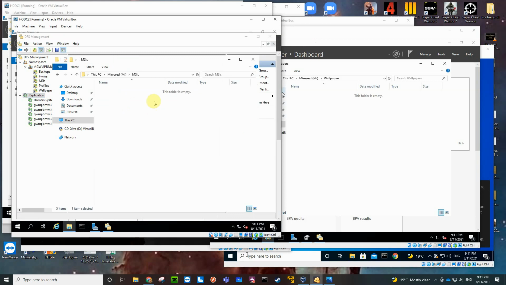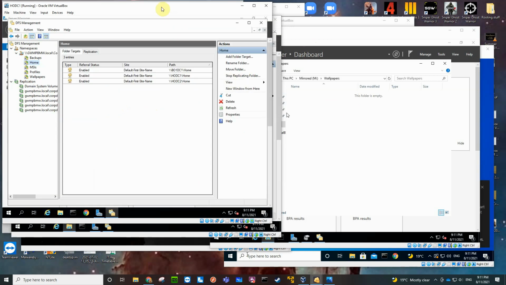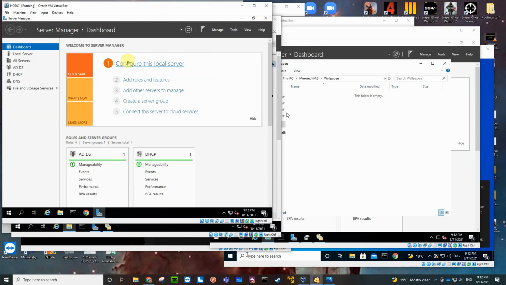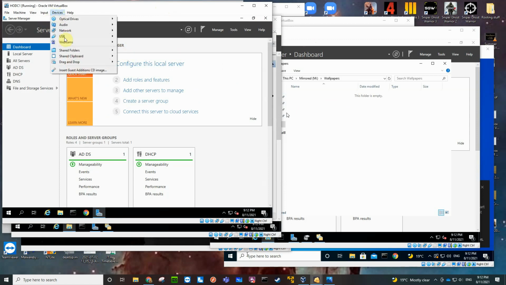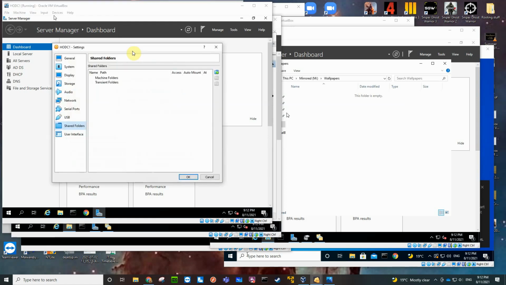Okay, so we'll have the MSIs open here and the wallpapers open here, but I'm actually going to put them in on the DC and then they're going to replicate automatically using the distributed file system. So there's a nifty way to do this, and that's using the shared folders. Okay, so I'm going to use the shared folders, and I'm going to share a folder that's on